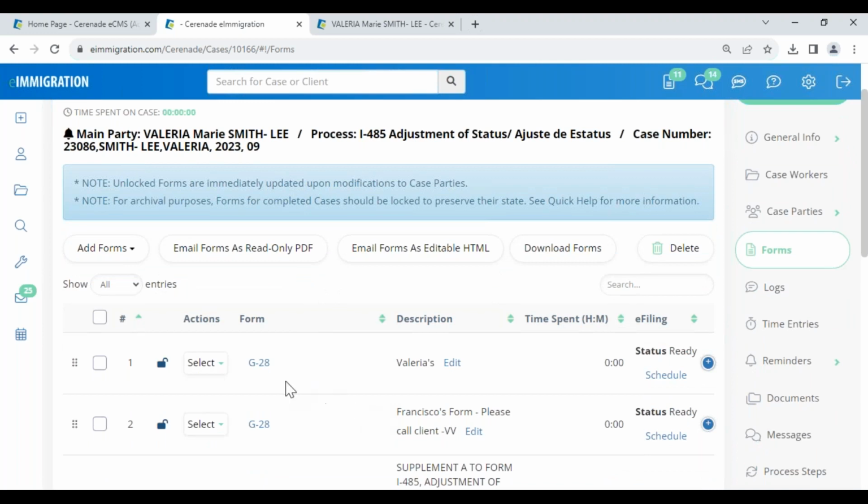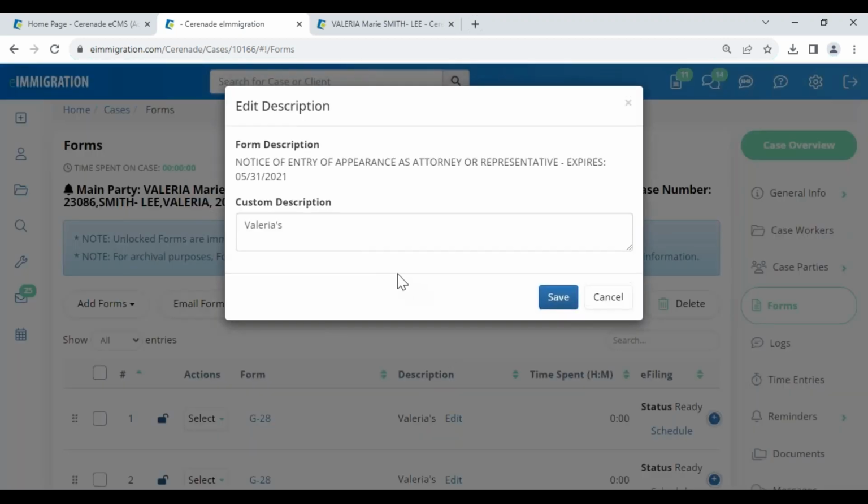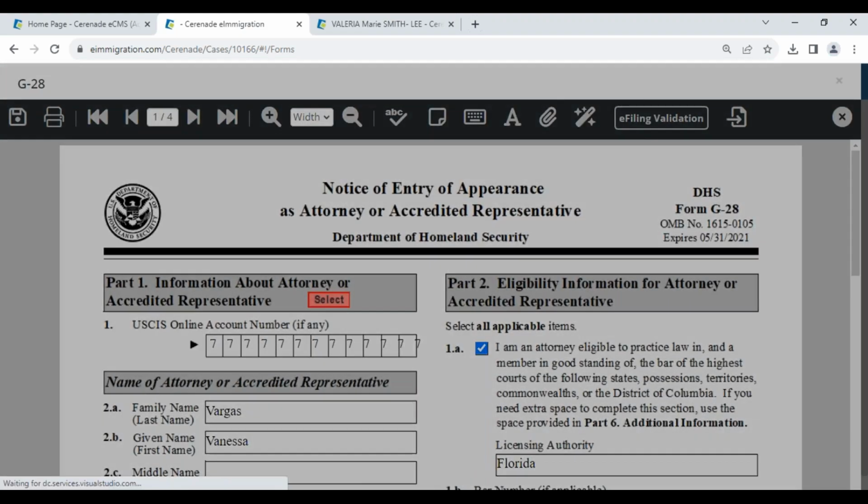So if you want to save time, if you have a large case, like a family of 5, just work on one of the forms, make as many copies as needed. So I can do it again. Let me select copy, replace. I'll say the son. This is the son's form. Save, open, go to the second page,